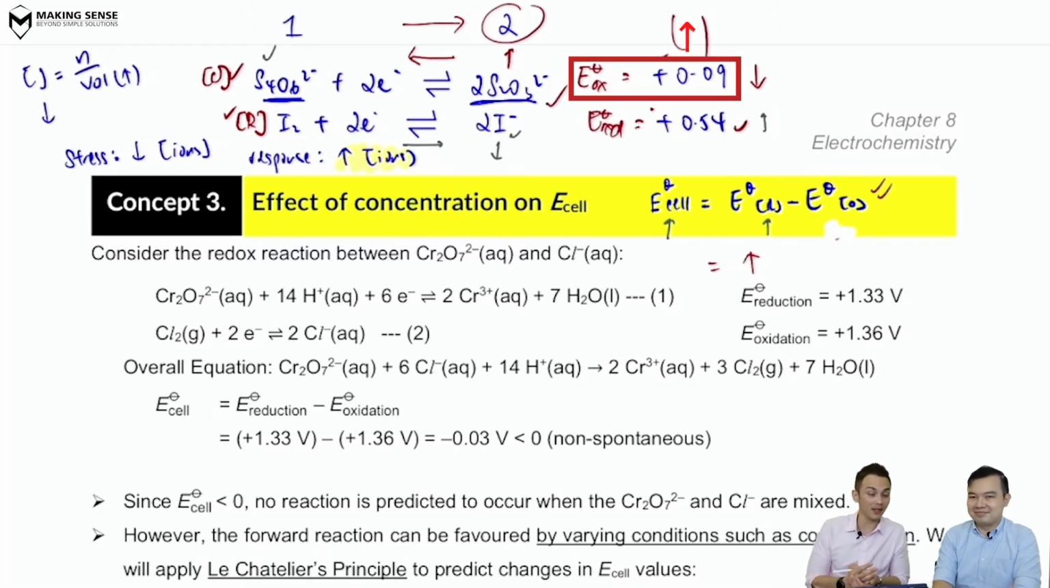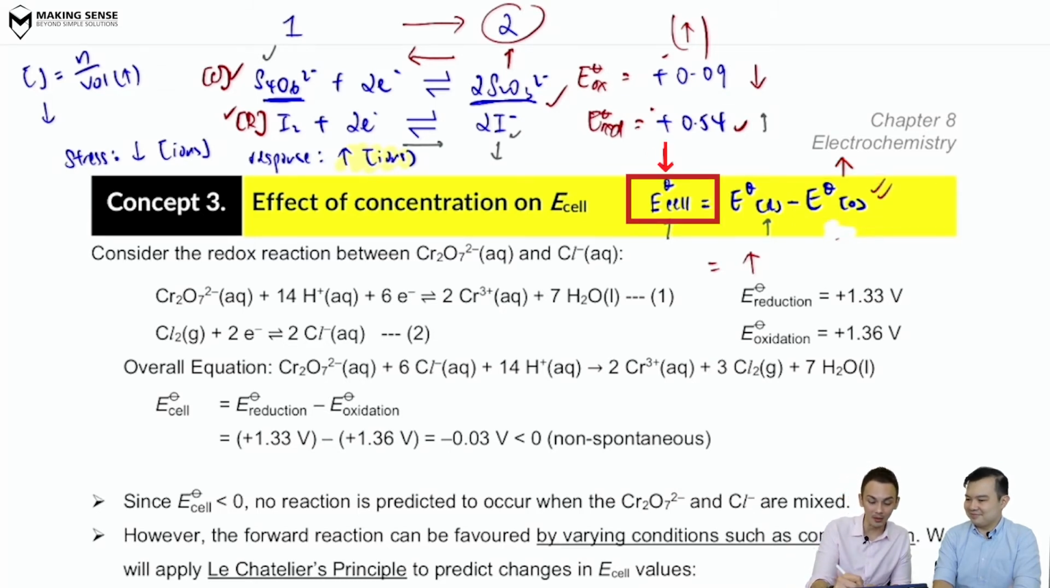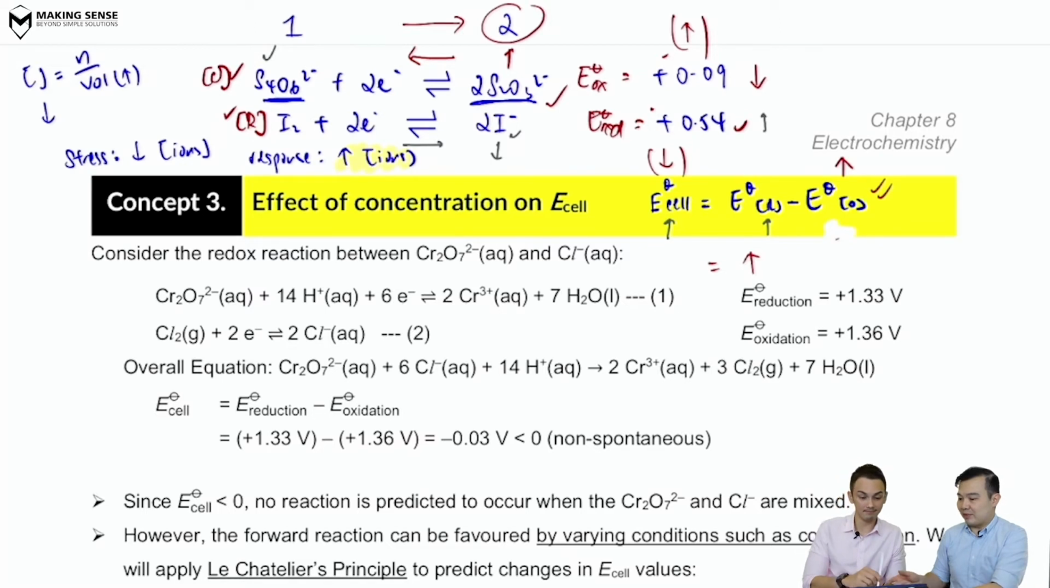It's going to go up, right? So the same idea, if EOX were to increase, then you're minusing away a larger value, right? And therefore, the E cell is going to get smaller than expected. Nice. Okay, so some of you might see equations, like the one at the bottom over here, where the